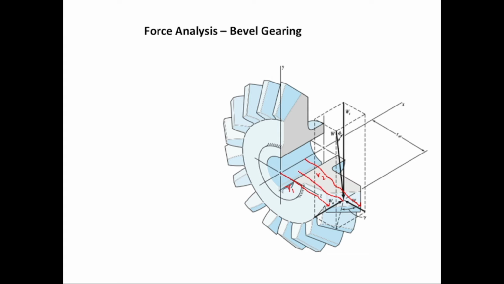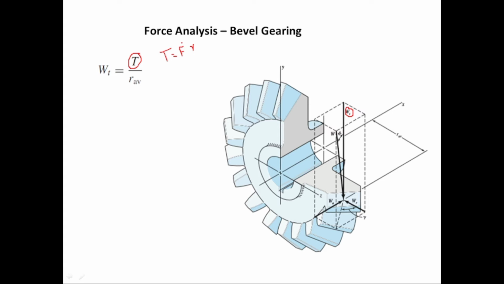It is at this point, which is in between R1 and R2. So if you add R1 and R2 with each other and divide it by 2, it will give us its average, and the force is also exerted over the radius R average. Wt is equal to torque divided by R average, and as we know, torque is equal to R cross